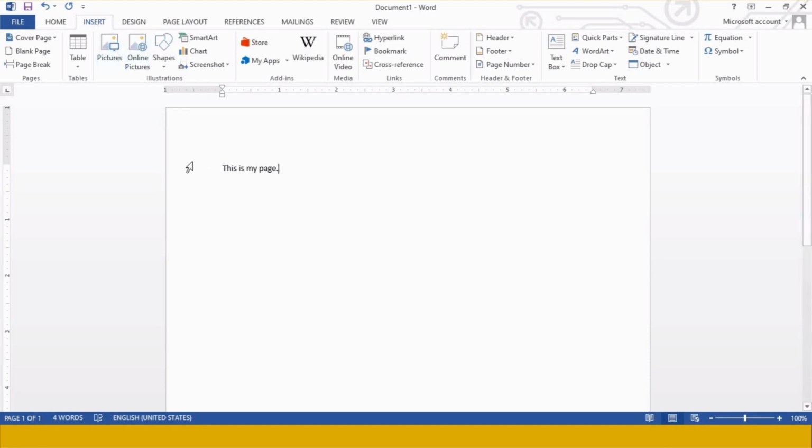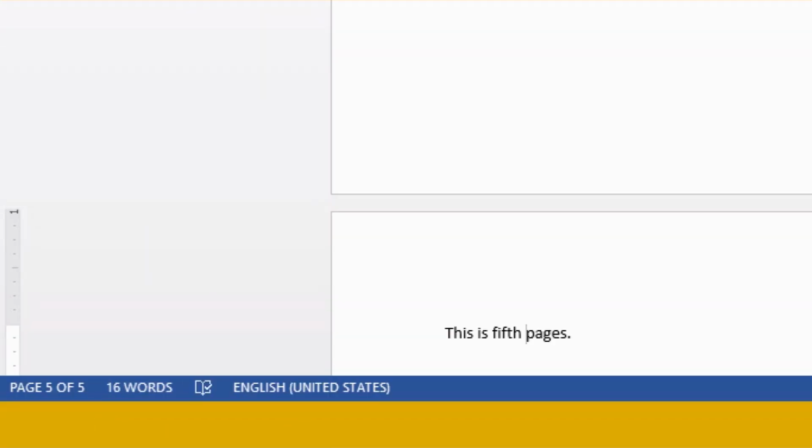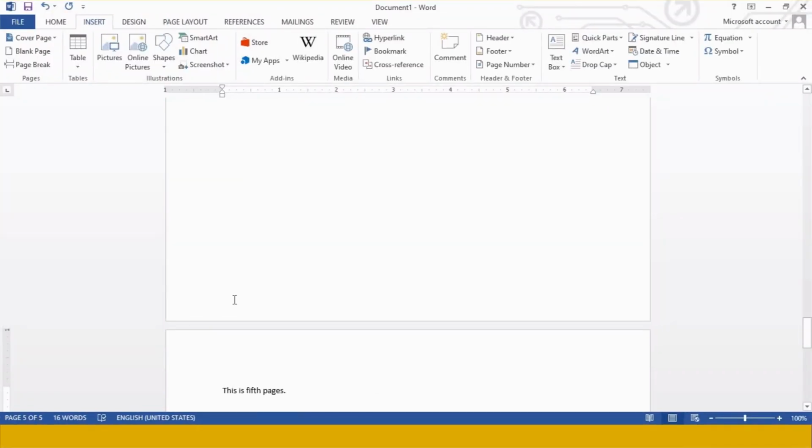So I'm making more pages over here. And how to make pages? I'm making a page break over here and then I am writing this is second page. I'm just printing one message over here, fifth page. You can see the total number of pages in my file is 5. So I have created 5 pages over here. Content is very less, don't go for that. So I am having all these pages with me.